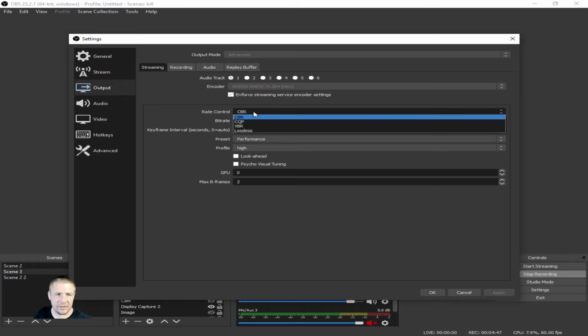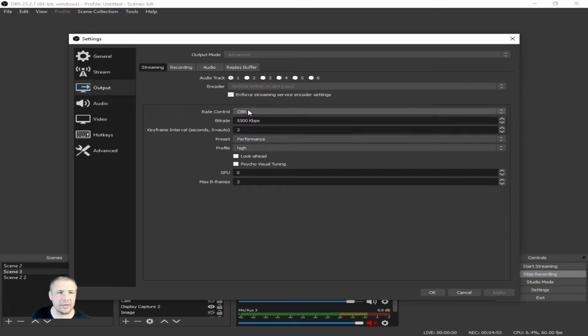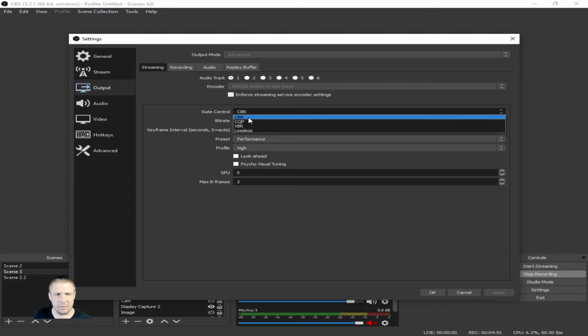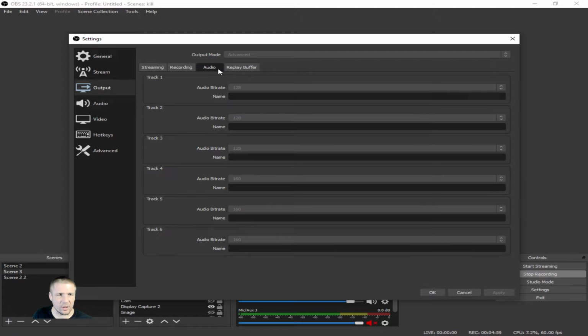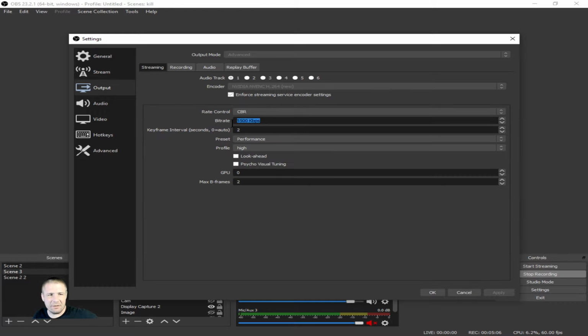Just leave the defaults for CBR, variable bit rate and constant bit rate. You want a constant bit rate. I can't remember what CQP means, but anyways, for the recording audio, I just leave that set to default. Don't worry about the audio. You don't need to bring that down. It's not going to affect it, but you do got to make sure that you add into the equation